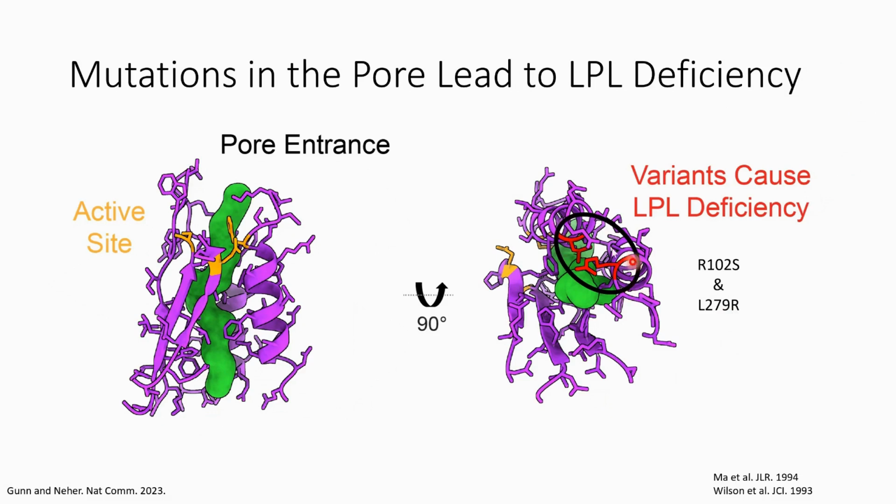So when these residues are altered in size or charge, LPL loses its ability to act on long chain substrates. However, the R102S mutant actually maintains the ability to work on small soluble substrates. So this does suggest that the LPL is folded and secreted,